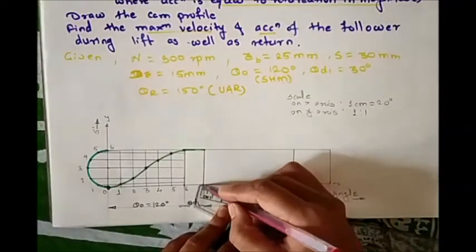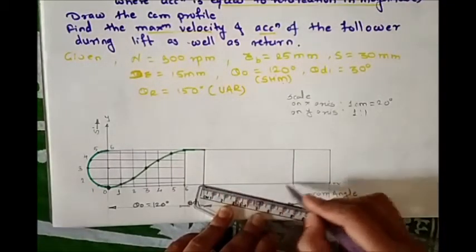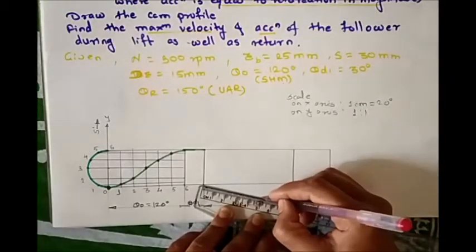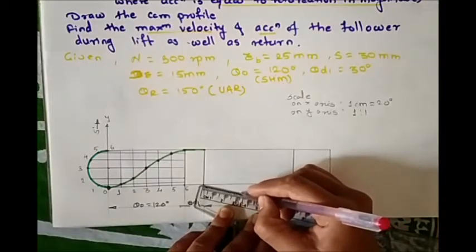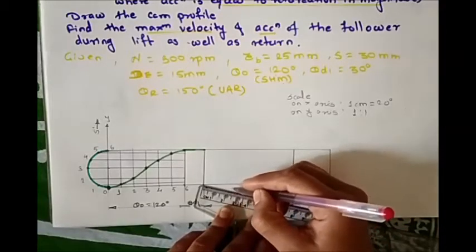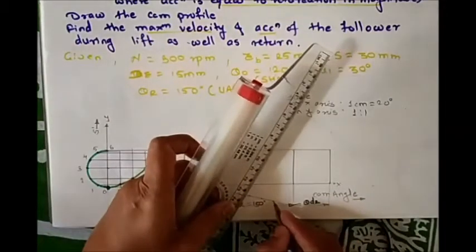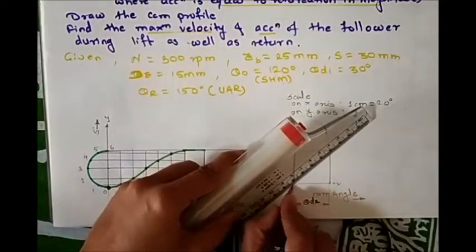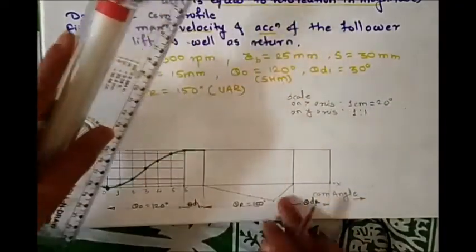So just draw a slope line at any angle to this outstroke length of magnitude 6 centimeter, because we want 6 parts on the outstroke. Then mark a 1 centimeter point on that line. Then join this last point to this end point of your return stroke angle. This is your return stroke length.